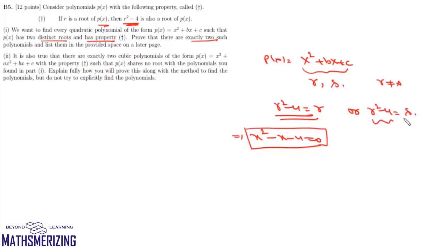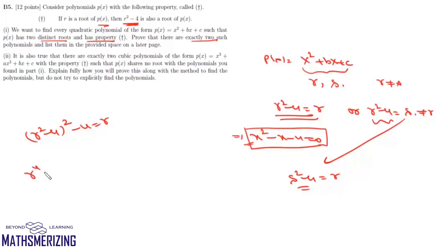Now if r square minus 4 is equal to s, then this is unequal to r. But if s is a root of this equation, then s square minus 4 must also be a root of this equation. If s square minus 4 is equal to s, we'll end up getting the same equation. So another possibility that we'll have is that s square minus 4 must be equal to r. Now we'll put s as r square minus 4. The other equation we'll get is r square minus 4 whole square minus 4, and it must be equal to r. So from here we'll get this condition as r to the power 4 minus 8r square minus r plus 12 equals 0, which is a biquadratic equation in r.